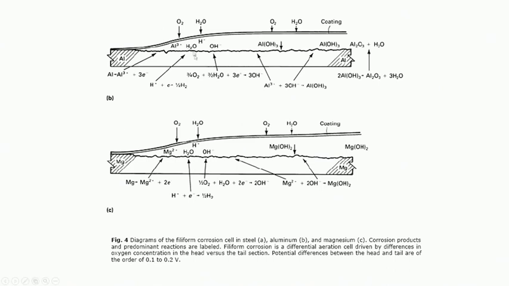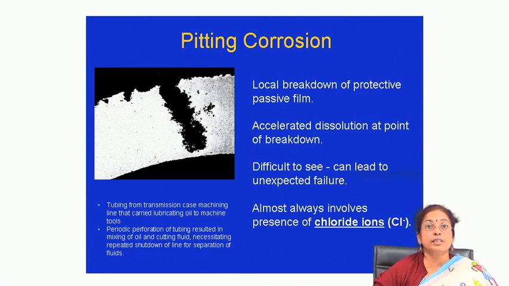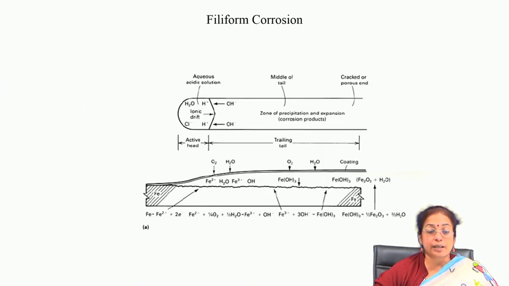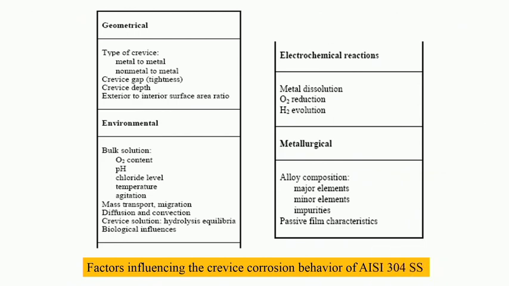This is usually observed in aluminium, magnesium, and iron surfaces, whose hydroxides are very prone to get hydrated or absorb moisture, and which are very prone to corrode in an aqueous environment. Another important type of corrosion is pitting corrosion, which I will discuss in the next class. But before the next talk, I must say that crevice corrosion and galvanic corrosion are very important kinds of corrosion because they are localized in nature, and